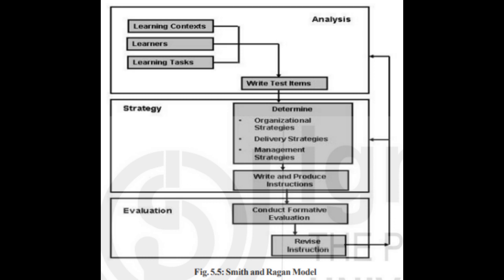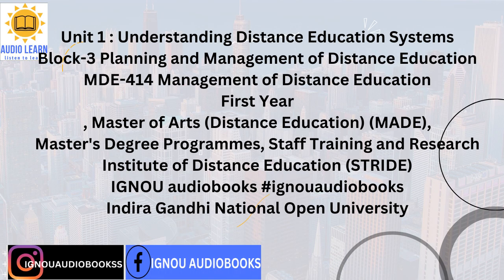The first step in this model is to analyze the learners and understand their general characteristics, their entry competencies, knowledge, skills and attitudes, and learning styles. The next step is to state the objectives in measurable terms. The objectives should be stated in terms of what the learners will be able to do as a result of